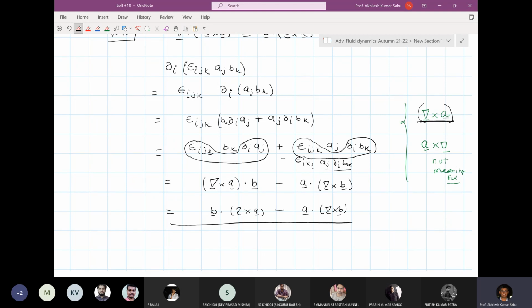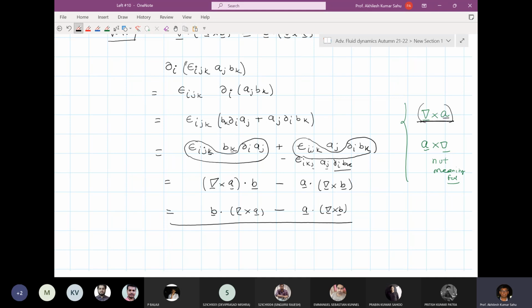Okay? Or a dyadic product. So dyadic product I'll explain later. But there has to be something on the right hand side. Okay? There is no meaning if you don't have anything on the right hand side of your del. Okay? So this is how we can